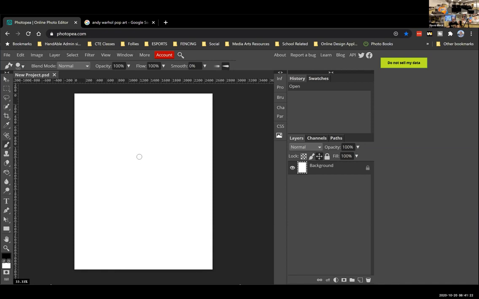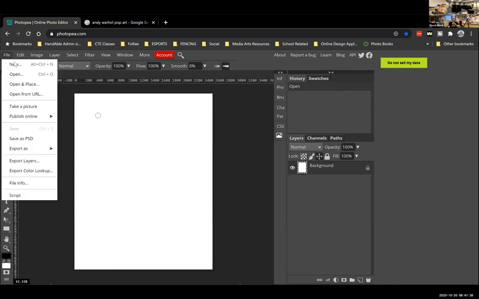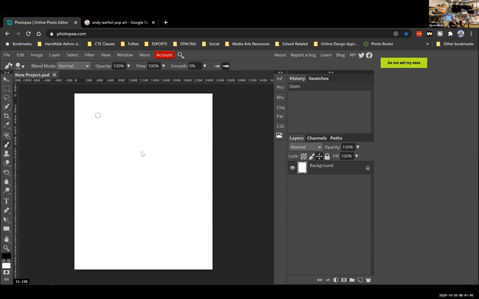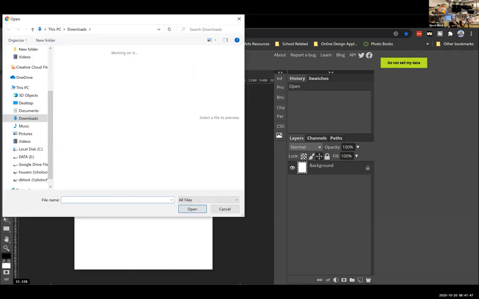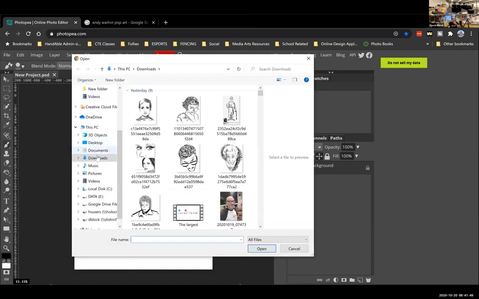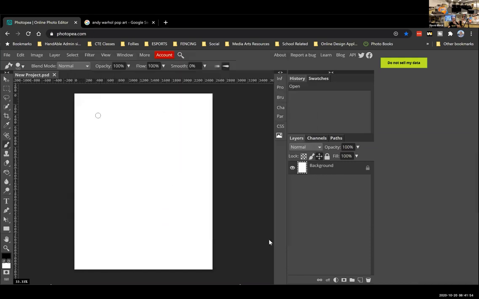The next thing we're going to do is, now I'm assuming you've already gone out and found the photo that you want to use. It cannot be a cartoon. It can't be SpongeBob SquarePants. You got to use a photograph. Okay, so I'm going to import my photo. And now you click on File, go down to Open and Place. And then you will select, let's see, in the downloads, there's my image, open, and it puts it right on